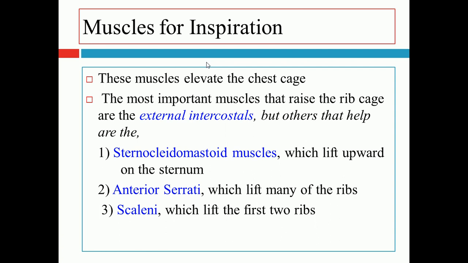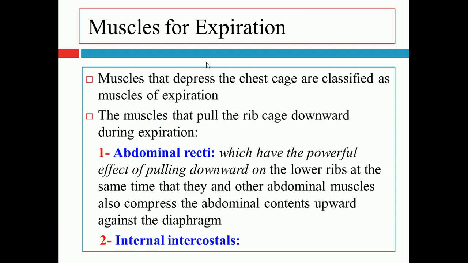The most important muscles that raise the rib cage are the external intercostals, but others that help are the sternocleidomastoid muscles, which lift upward on the sternum, then the anterior serratus muscles, which lift many of the ribs, then the scaleni, which lift the first two ribs. But the main skeletal muscles involved are the external intercostals, while the muscles of expiration are the rectus abdominis